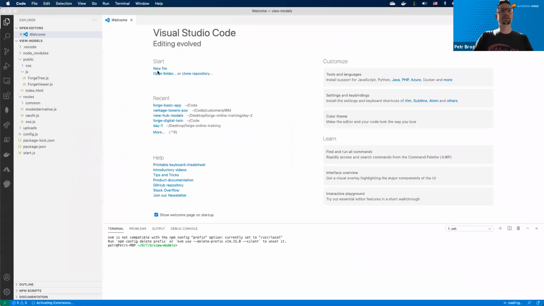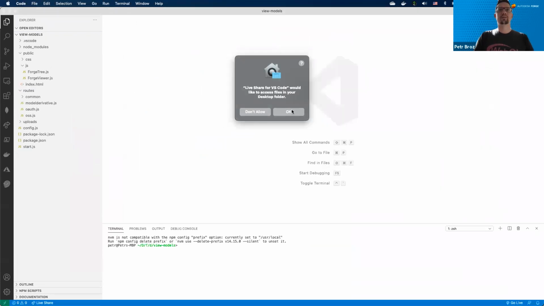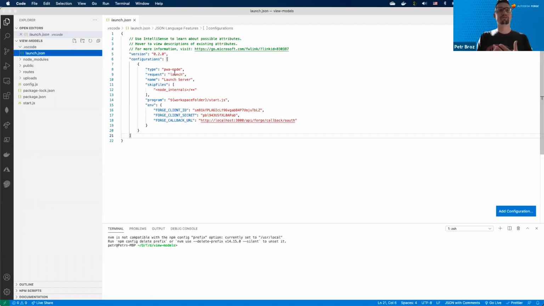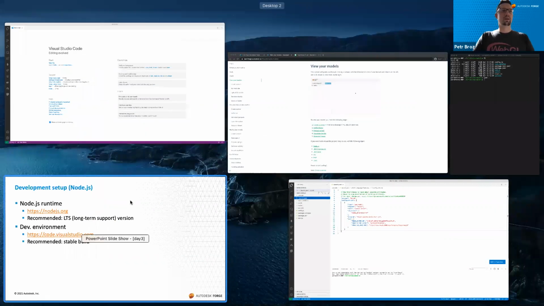I'm just going to make sure that my Forge client ID and the Forge client secret are up to date. In my case, since I'm using VS Code, I've created a launch configuration where I'm already specifying Forge client ID and client secret. Let me just double check if these values correspond to